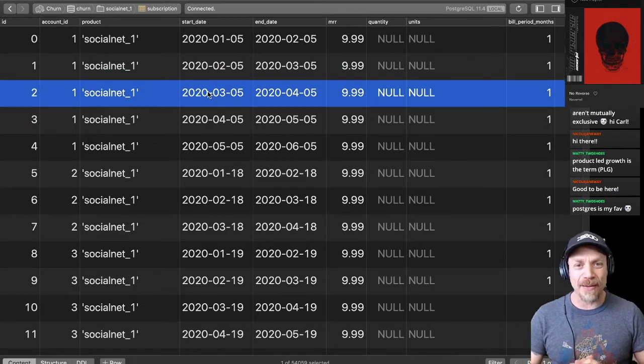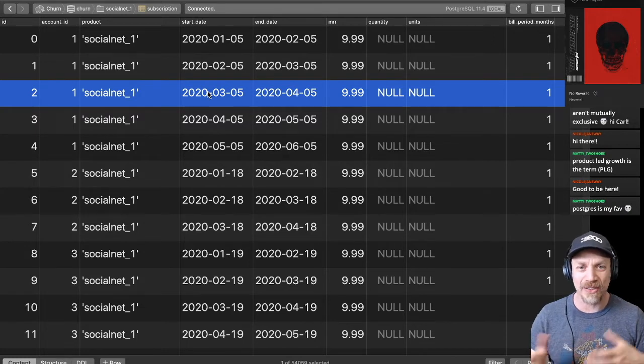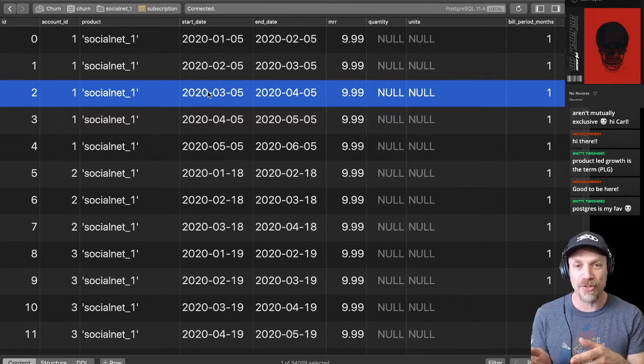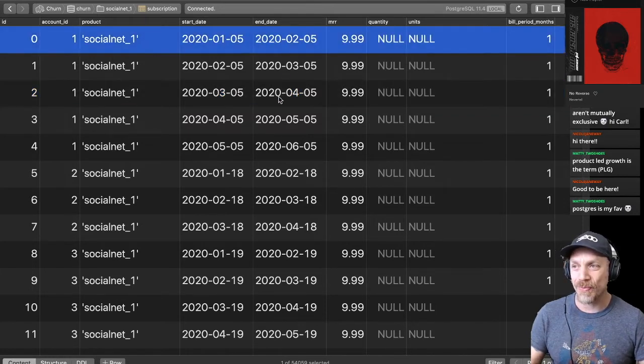It depends. In some systems, you wouldn't even call this a subscription. You might call it a subscription segment or something like that, because each one of these is just one period. But you see different practices in the field. Some subscription products enter a new subscription entity in the database for each period. Others keep extending the end date. Others will have a null end date, and then they enter the end date when the customer cancels, and that's what we call an evergreen subscription.